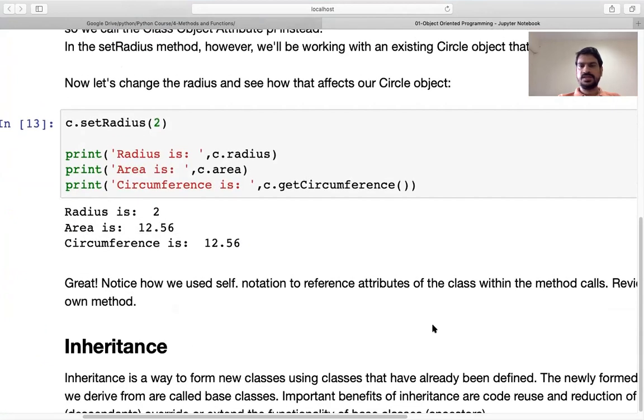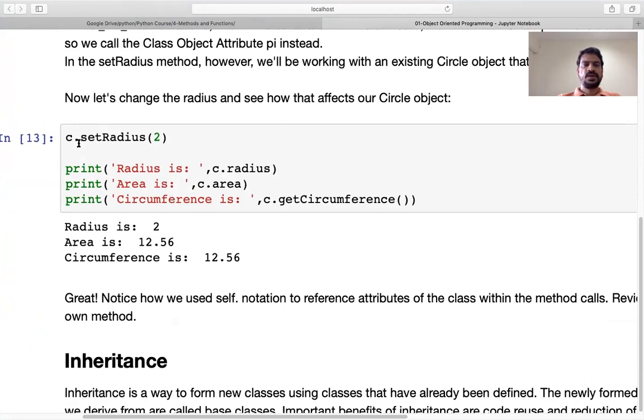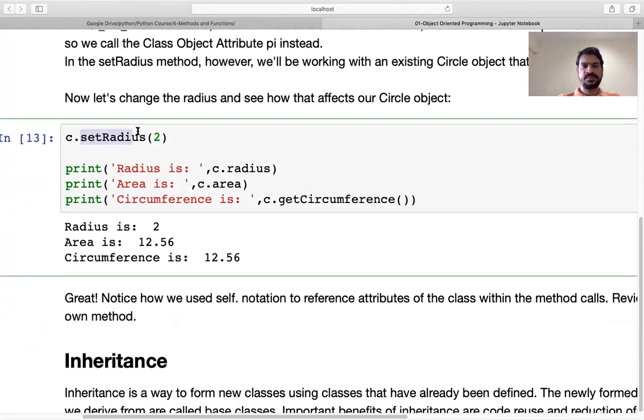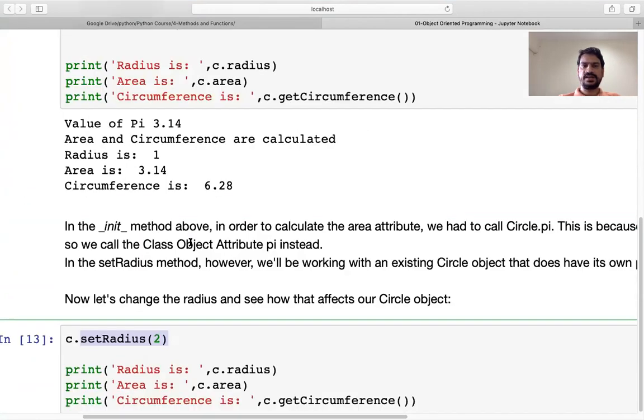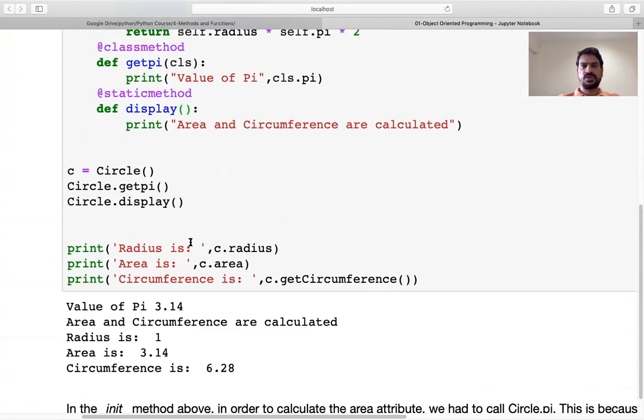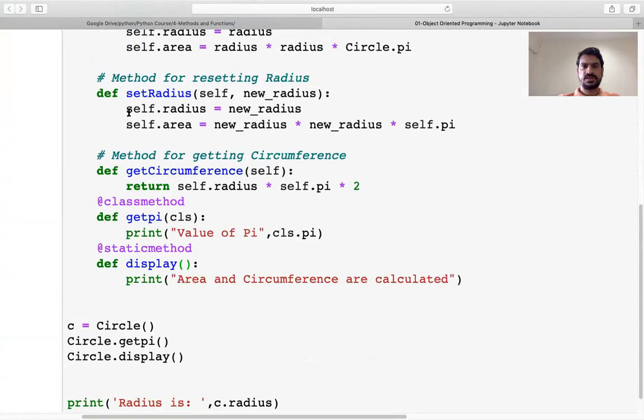Now let's see another example where we can set the radius. Here we have used a mutator method, that is called c.setRadius. Which one is it? This one, setRadius. So we are calling c.setRadius, and we give the value as 2.